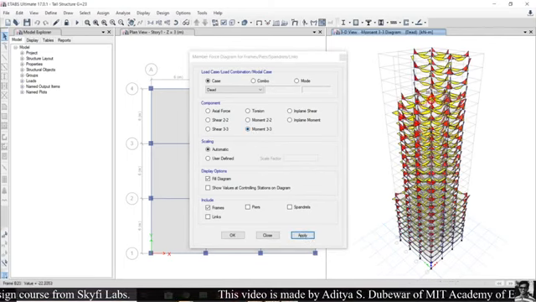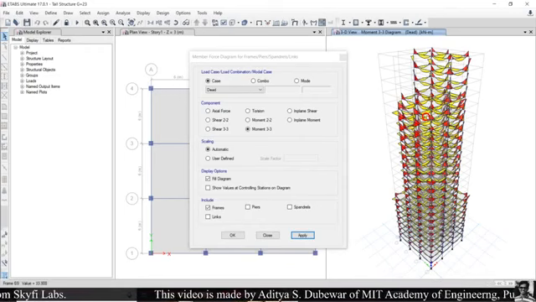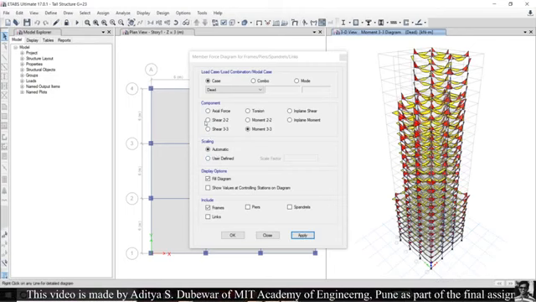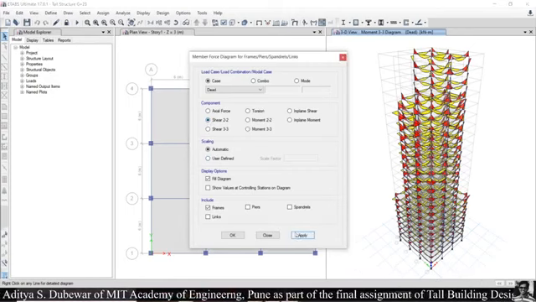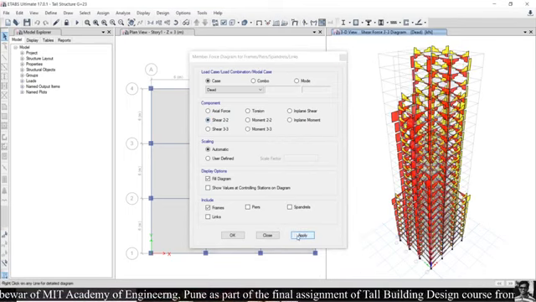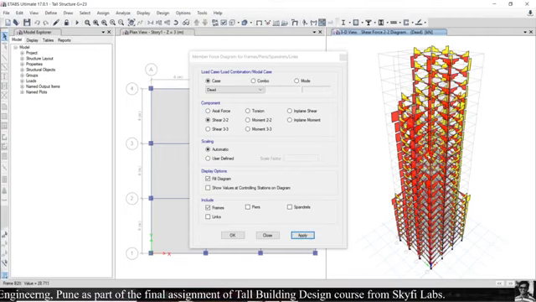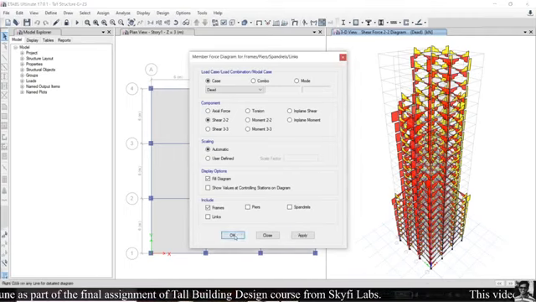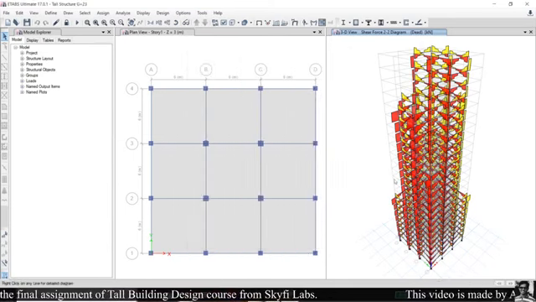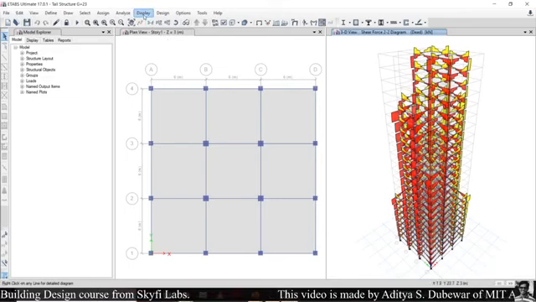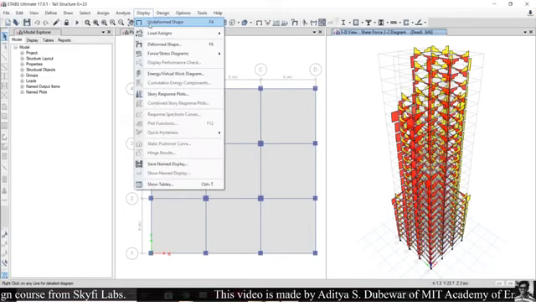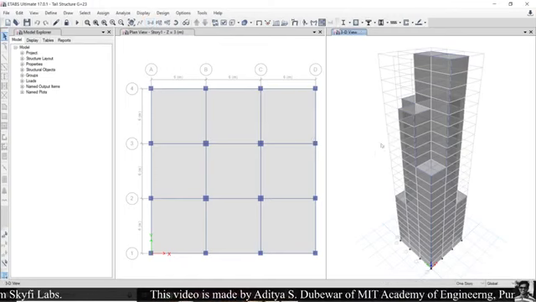We can see the bending moment at the various sections of the building. And for the SFD, the shear force diagram, select shear V2 and then apply. We can see the shear force diagram for the various members of the structure. Then click OK. To return the structure to its original shape, click on display and click on undeformed shape. We can see the original structure.